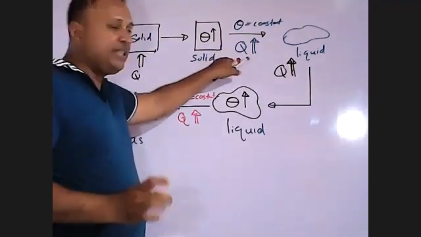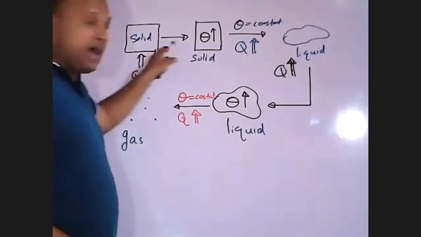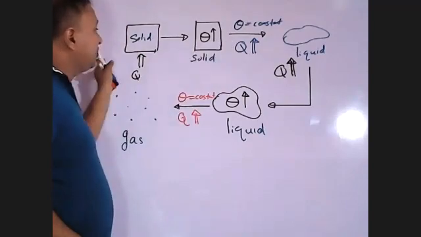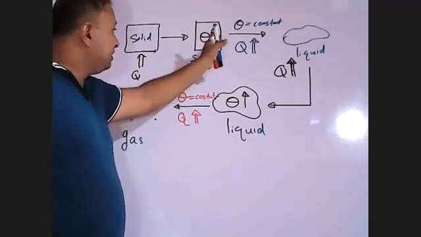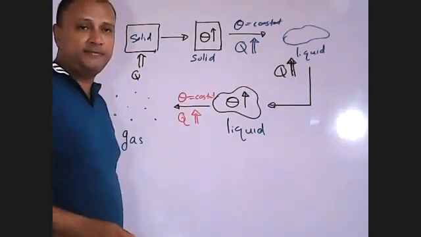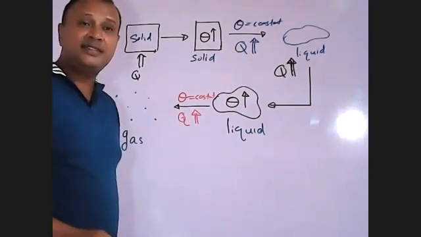From here to here, temperature increases with the given heat, but during this phase change, temperature is constant. This constant temperature is called as